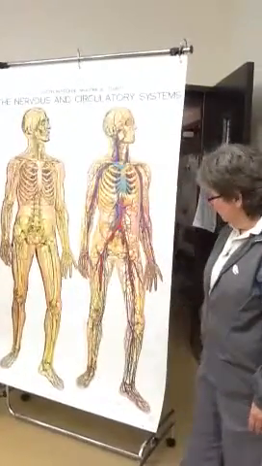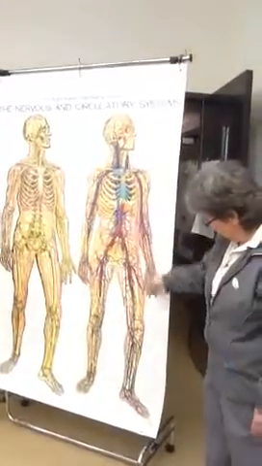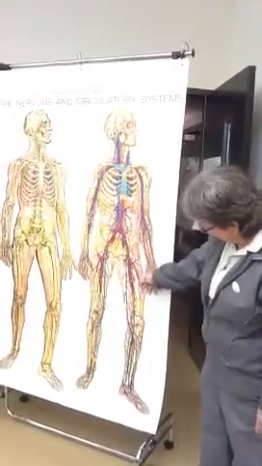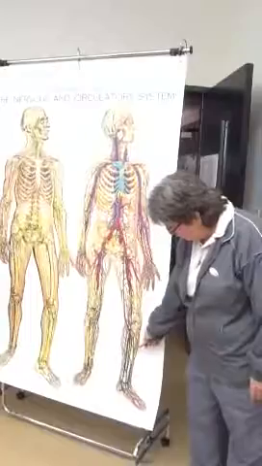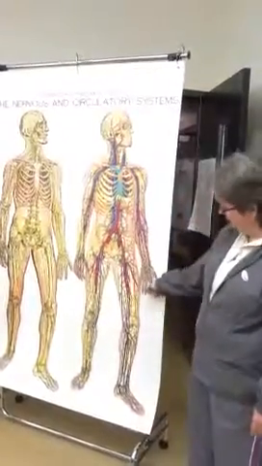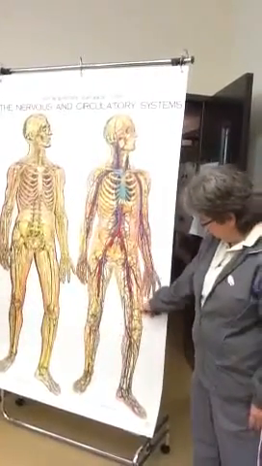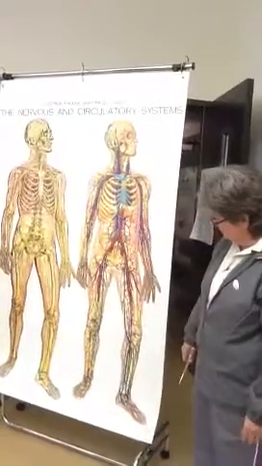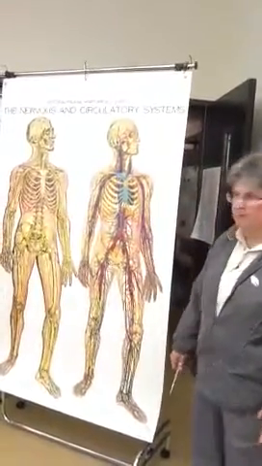Okay? So that's kind of what we have here. The saphenous vein would be this long one that's going down the whole leg. Okay? This big one here. That's the saphenous vein. Okay. So any questions about